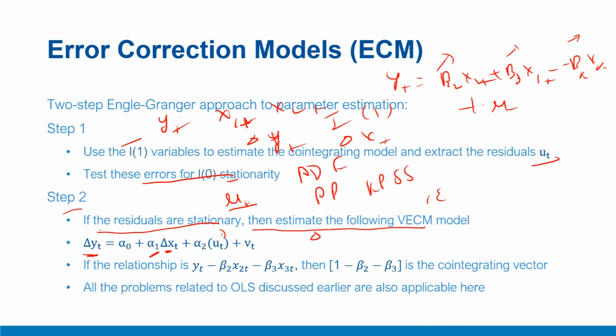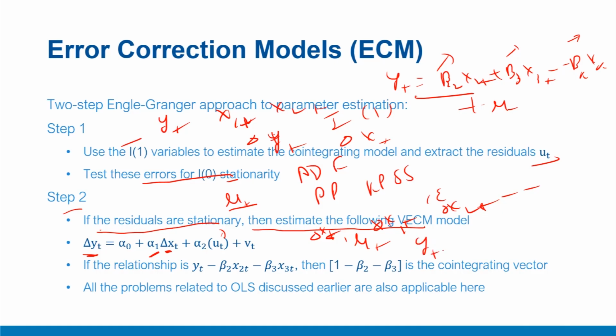Now please note, delta xt need not be only one variable, it can be a system of variables such as delta x1t, delta x2t and so on, multiple such variables it can have. And the second term, which is mu t, represents that long-term relationship such as we discussed earlier.